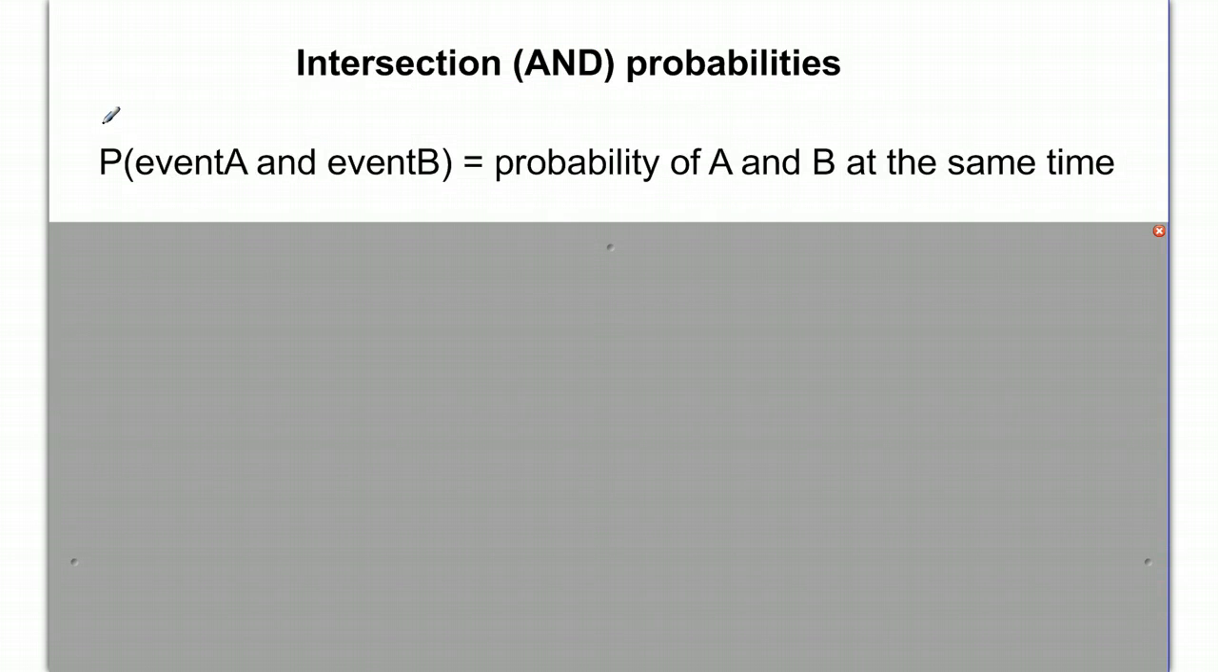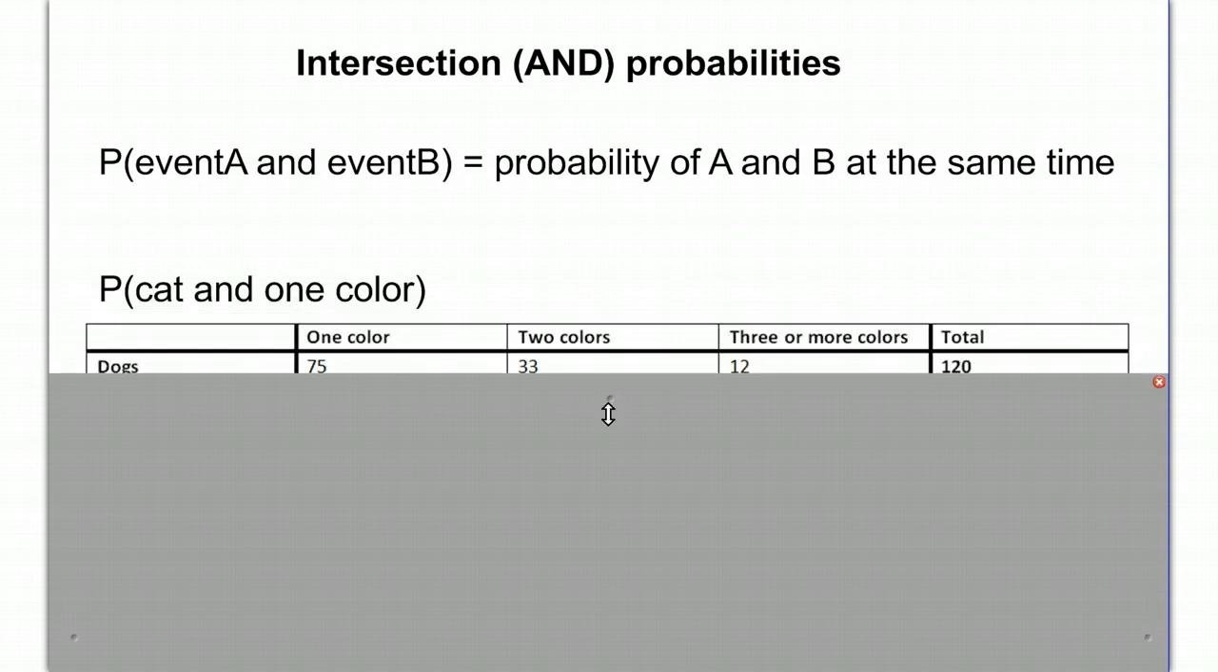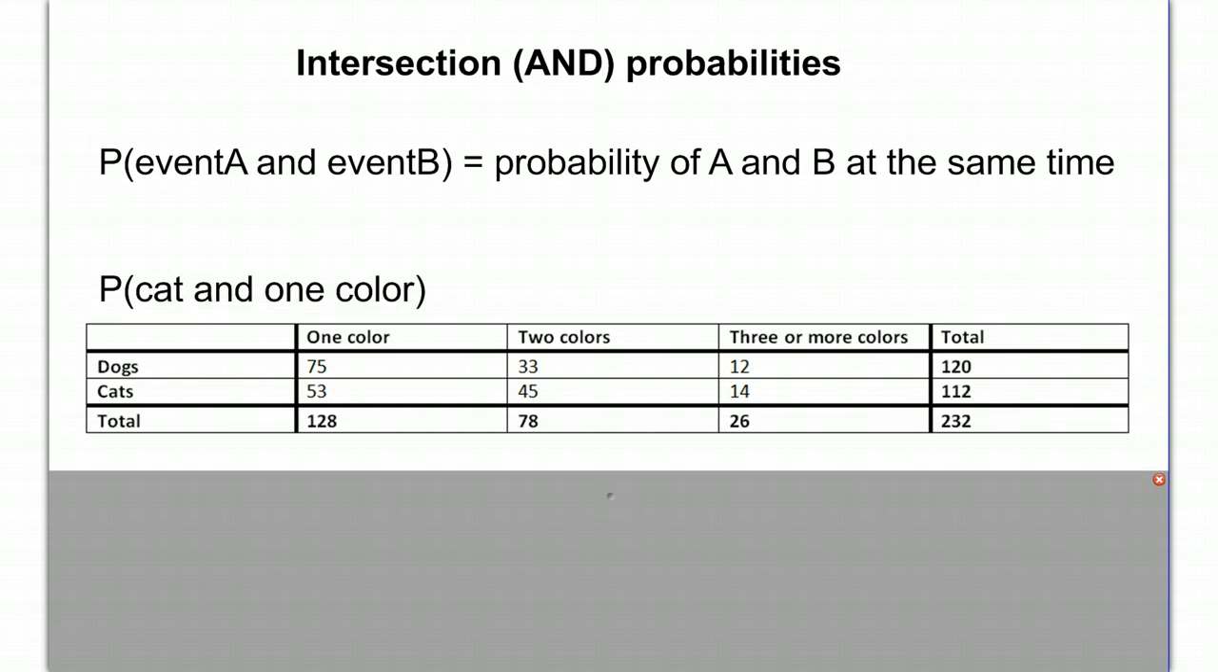Let's look at intersections where you have two things both happening at the same time. Two different events at the same time. So probability of getting a cat and getting one color. Well, here's our cats. Here's our one color. They intersect right here. There are 53 cats of one color out of